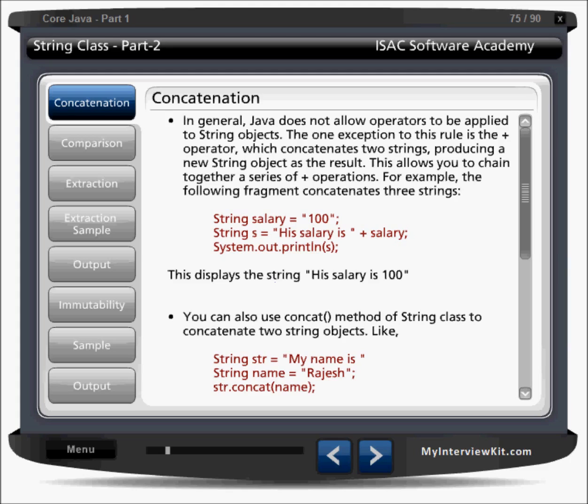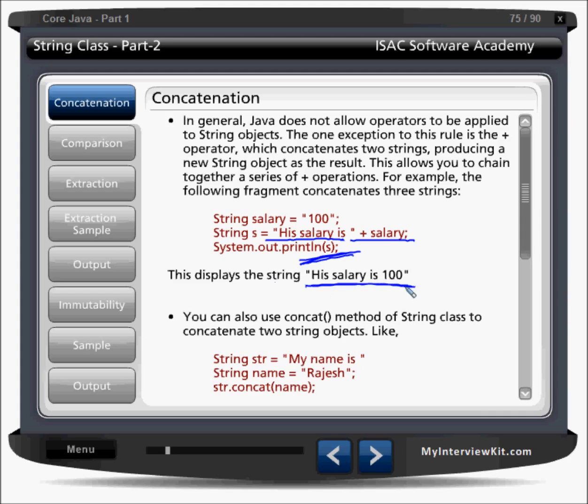One has 100 and we are concatenating through the plus operator. So it will join and store into this. So s will hold a new string, his salary is 100. So this is a new string for s.